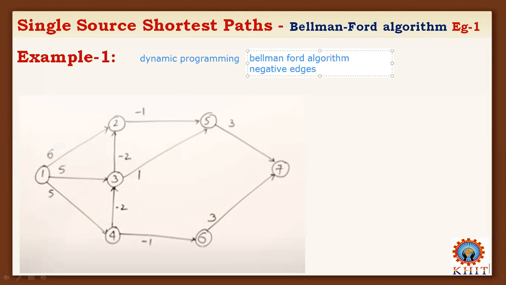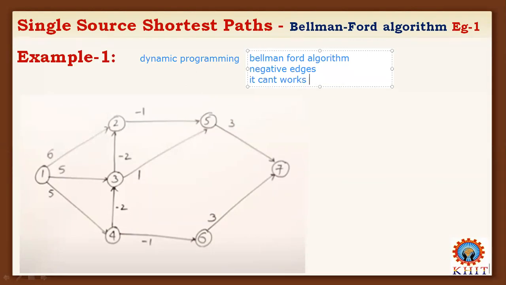Even if the given graph contains negative edges, it is supported. There are some negative edges, namely 2 to 3, there is a negative edge, and 3 to 2 there is a negative edge, and 4 to 3 there is a negative edge, 4 to 6 there is a negative edge. Negative edges are also found, but it cannot